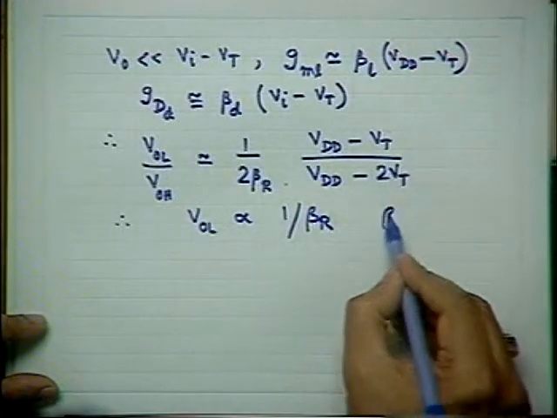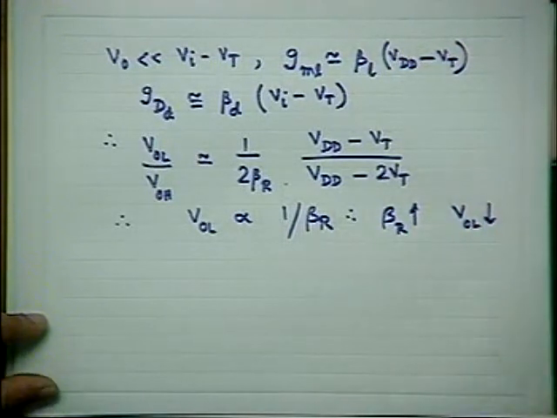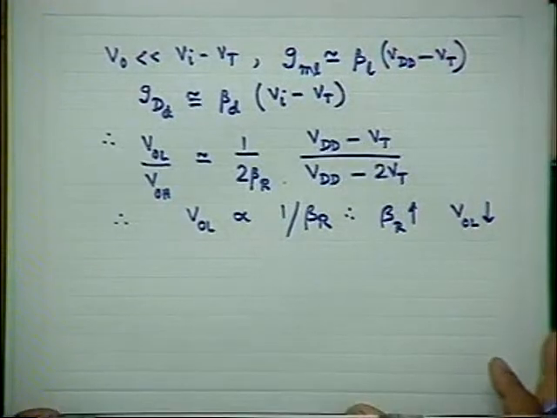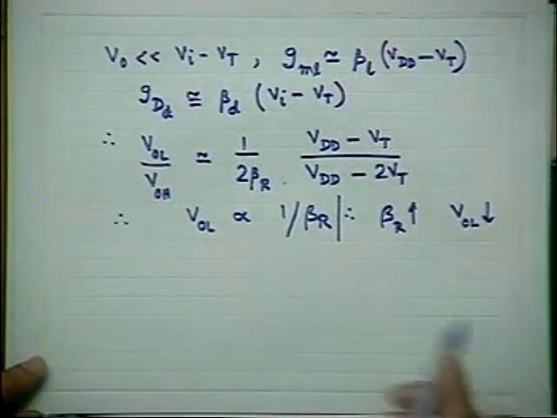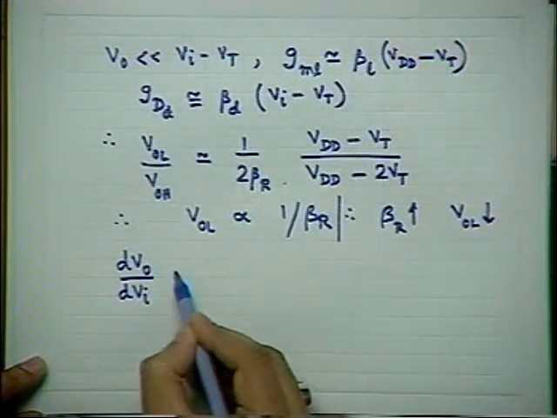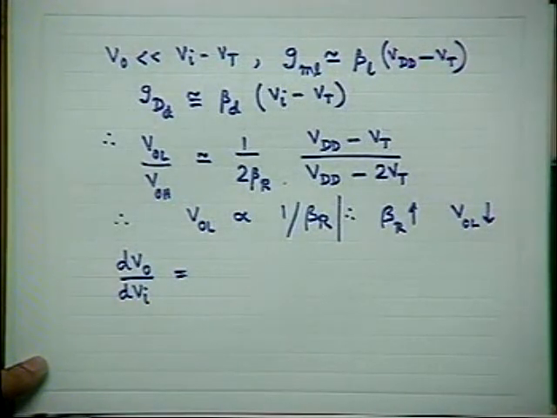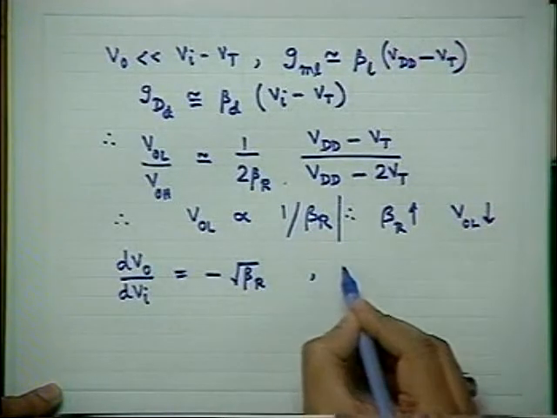Higher is the value of beta R, lower is the value of VOL. Okay, so this is a conclusion. Now you note that the slope of the VO versus VI curve, which is called the transition gain, is nothing but the gain when you use the NAND gate as an amplifier. This is the gain in the transition region, and is given by simply minus root beta R